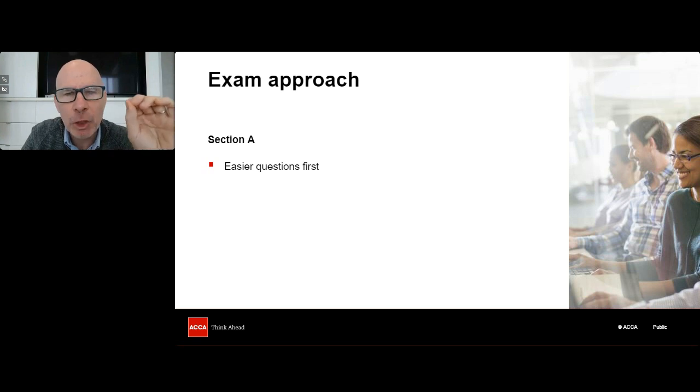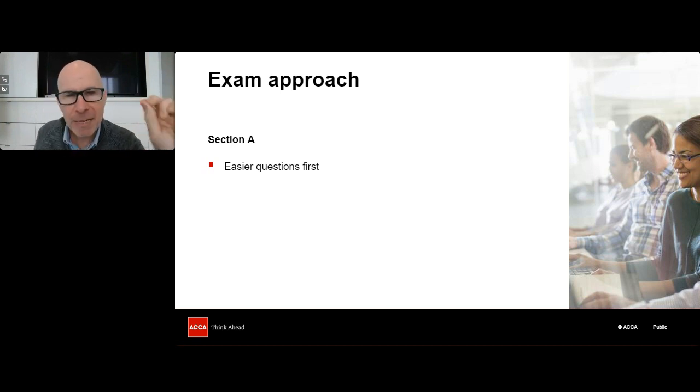Okay, so your mission: move quickly through the section A questions and do 2 or 3 really easy ones that you've seen. Quote, easier ones. Maybe you see a theoretical question. Put the steps of target costing in the right order. Which of the following costs does not belong in the life cycle cost? You can do those quickly. As you pass through, you flag the more difficult ones, okay?